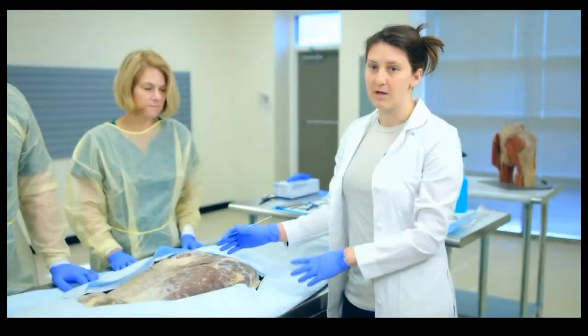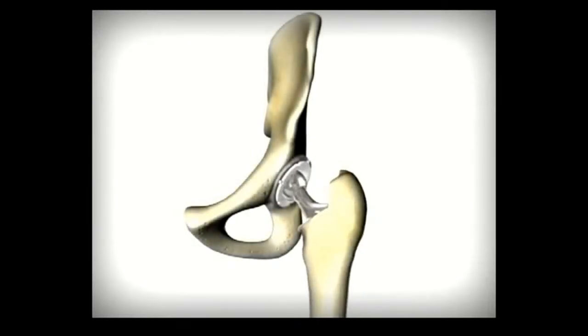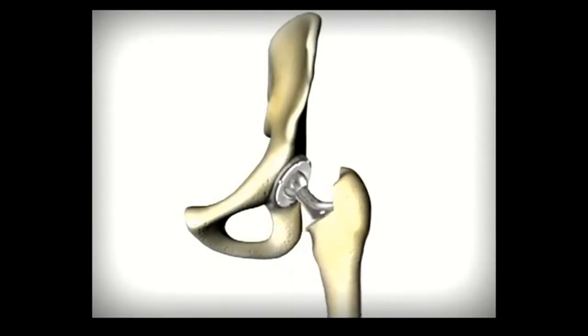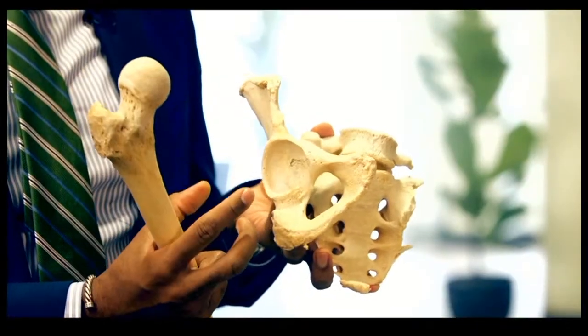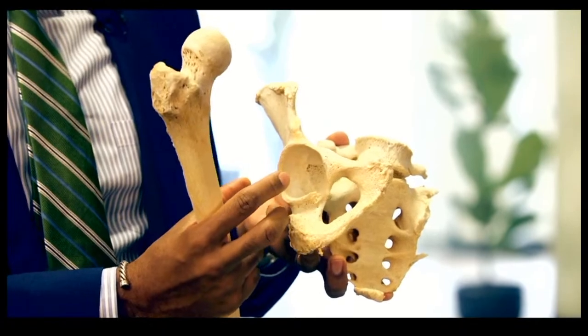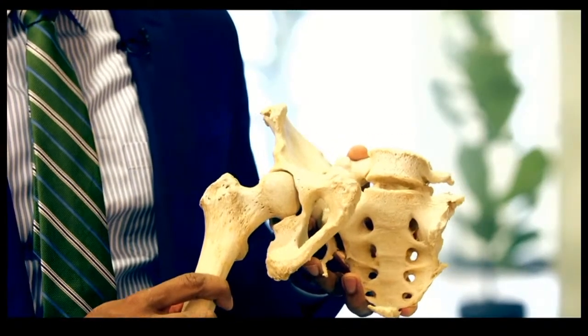During the surgery, we remove the femoral head right about here. This is taken off, and then we use a prosthesis which slides down the inside of the femur bone, and it replaces the ball here. On the other half of the hip, the acetabulum, you already have a socket, so what we do is put another socket inside of yours. So at the end of the surgery, we replace 2 painful surfaces with 2